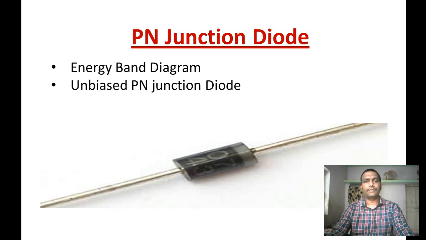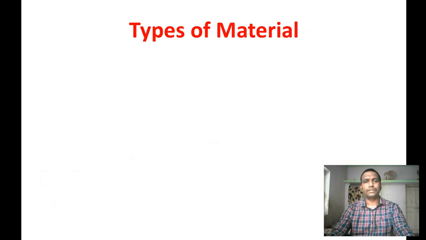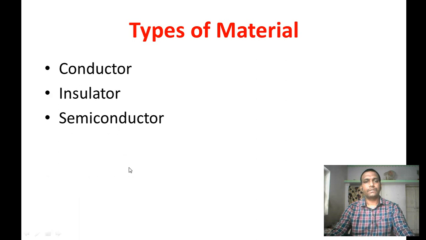So what are the different types of materials present in electronics? The three types of materials are present. First type of material is the conductor, second type is the insulator, and third type is the semiconductor. So what is actually the conductor,